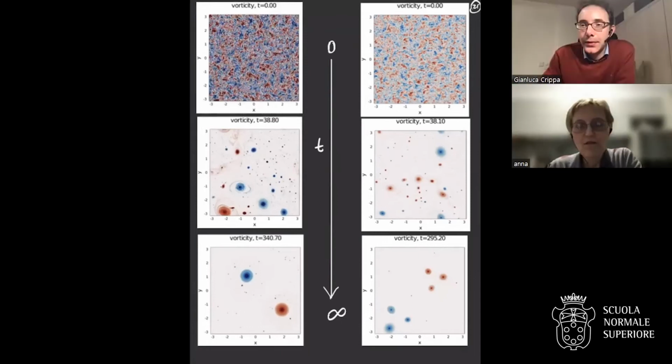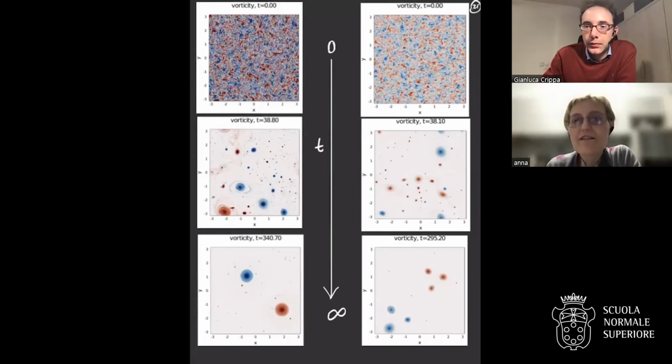Yes, I have a question, comment, follow up from Peter's question also. What type of numerics did you do to get these pictures? Because what I'm thinking is that one should think of many of these pictures, at least in turbulence, as really slightly viscous fluids. And so those will be time irreversible.